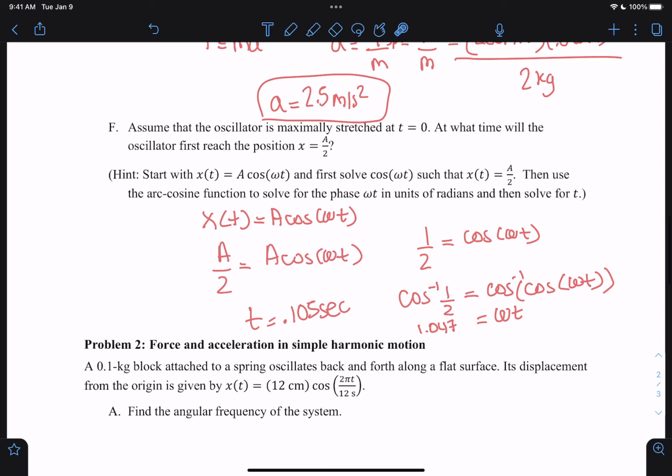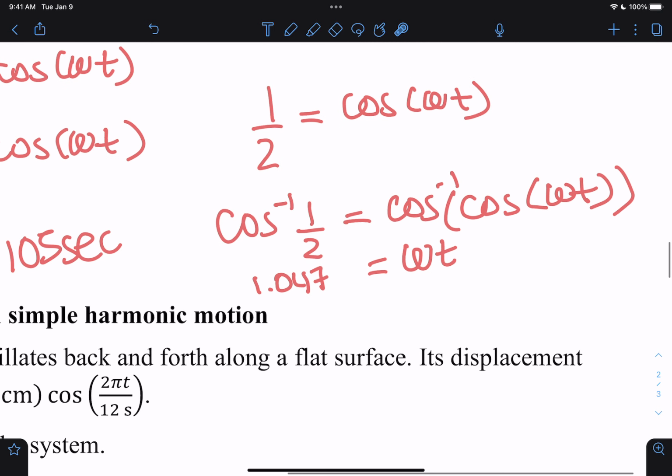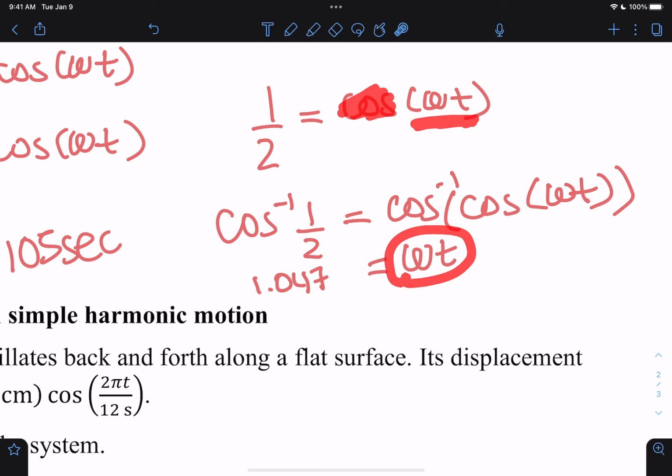And omega is the angular frequency that we found from part A, which is 10 radians per second. So if I just divide by 10 radians, I should get a time of 0.105 seconds. But the idea here is that we want to eliminate the cosine function and get what's inside the parentheses alone, so that we can get this value here and divide by omega, and then we're left with t. The only way we can isolate for what's inside the parentheses is by taking the inverse of the